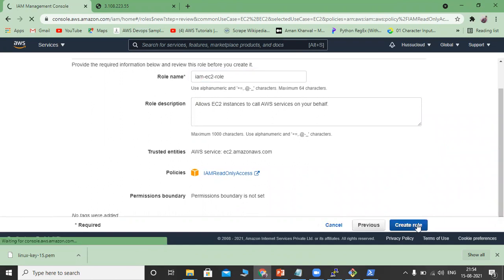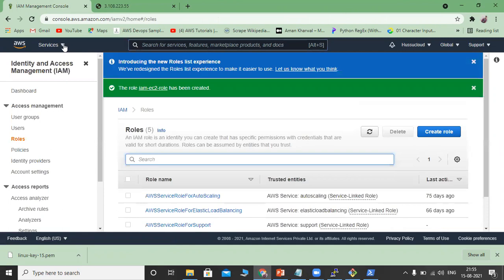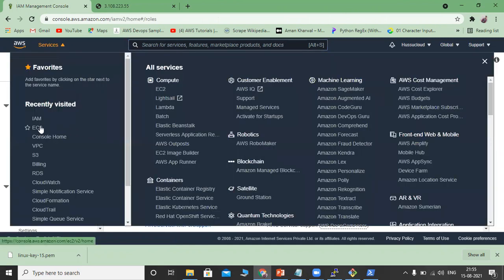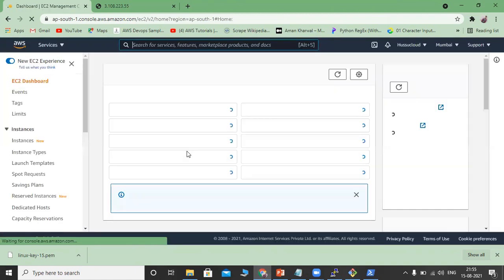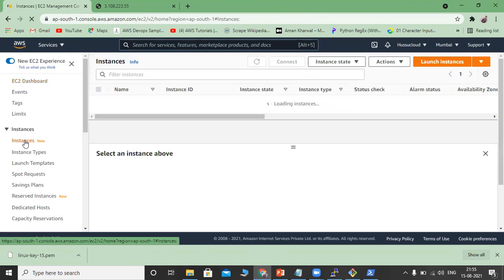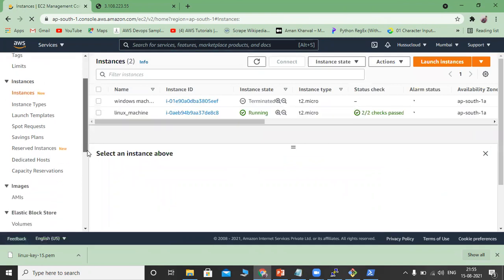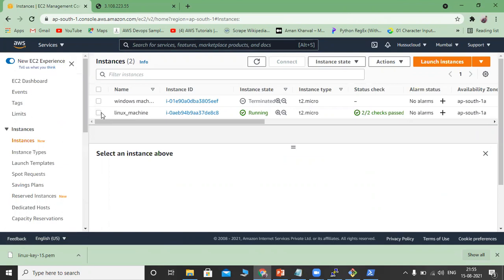Once the role is created, go to your EC2 instances. You can attach this role to your EC2 instance, the Linux machine. Instances. I want to attach that role. Select that one.